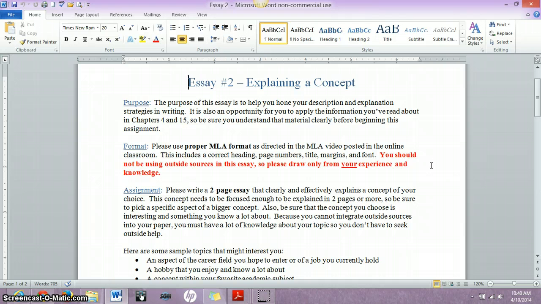And it might be a little harder than you think it would be because you have to keep yourself out of it. You don't want to narrate. You don't want to talk directly to your reader, but at the same time, it's not how to. You're not going to explain how to build something or how to make or create something. You are simply explaining a concept neutrally and without opinion, evaluation, or argumentation. Might be a little trickier than you think. So, good luck. If you have any questions, never hesitate to ask.